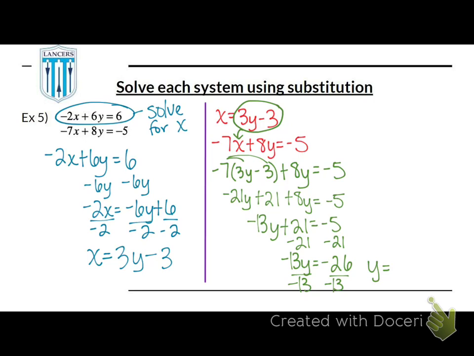Good catch. So what do we get for y? Negative 2. Is it negative? Positive 2, I think sounds better. Negative over a negative comes out positive. Questions, concerns about getting y? All right, we still need to get